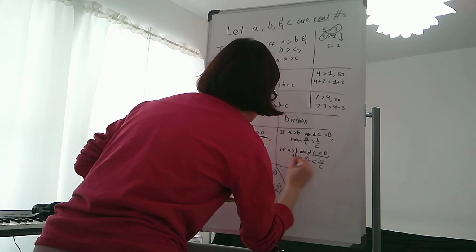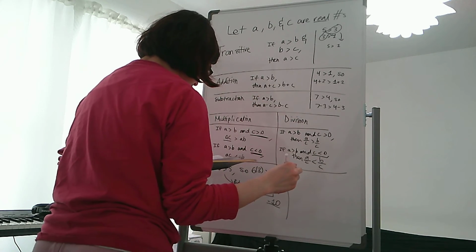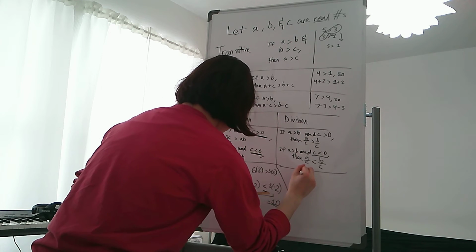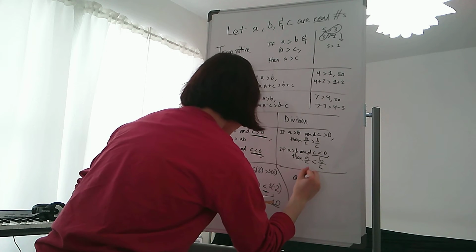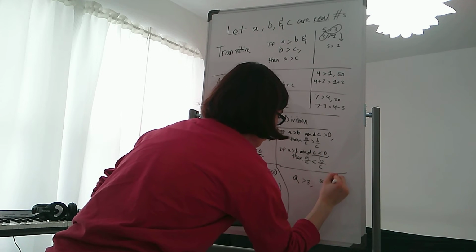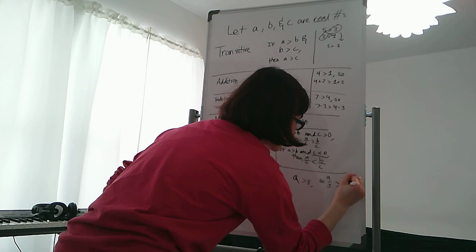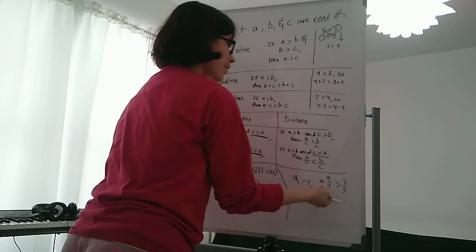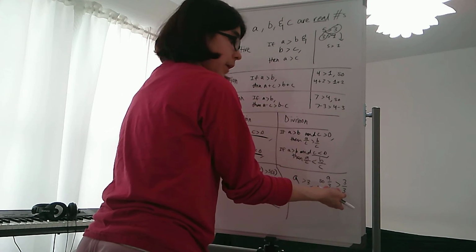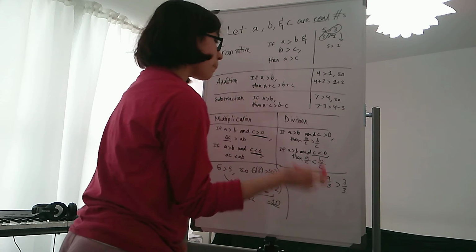So let's look at an example of the division property, okay? So let's say that we know 9 is greater than 3. So 9 divided by 3 is going to be greater than 3 divided by 3, right? Because 9 divided by 3 is 3. 3 divided by 3 is 1. 3 is obviously bigger than 1. But